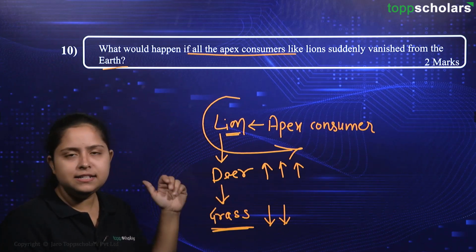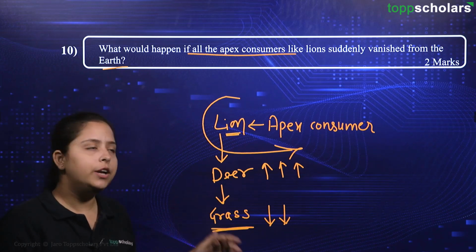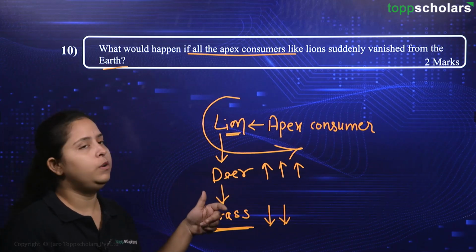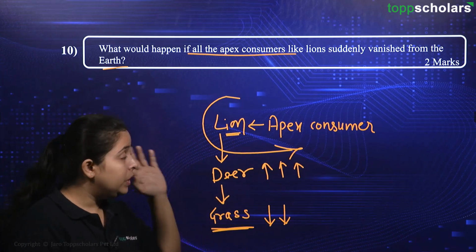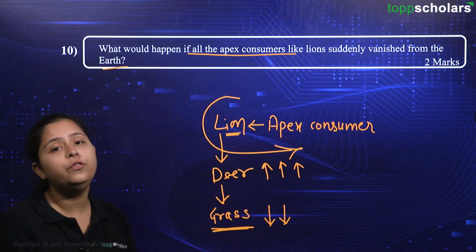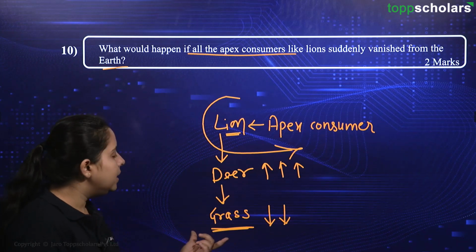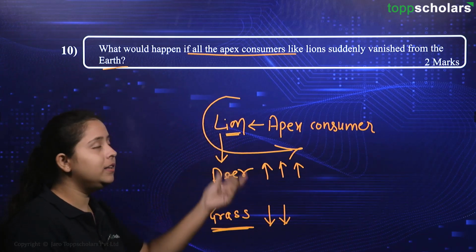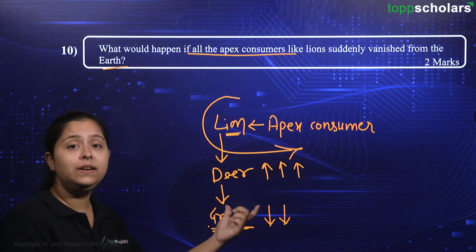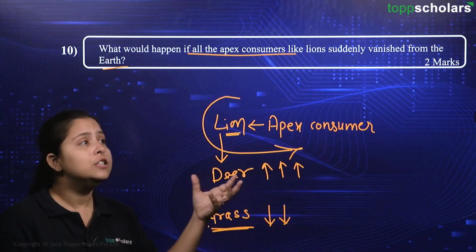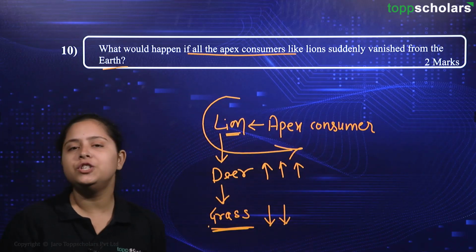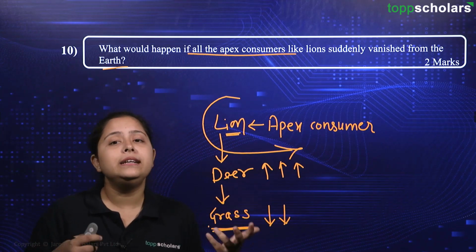Now, we don't have the apex consumer, we don't have the grass. The deer population has increased, but its food is not available. So, it will also be prone to hunger. What will it eat? So, eventually, the deer population will also vanish. Here you can see, just because of the elimination of the apex consumer, we have destroyed the whole food chain itself. And it is not the case that this grass is only eaten in this food chain. This grass is part of many other food chains as well, and vanishing of this grass will affect them all. So, removal of all the apex consumers will lead to havoc in the food chain present on our earth.